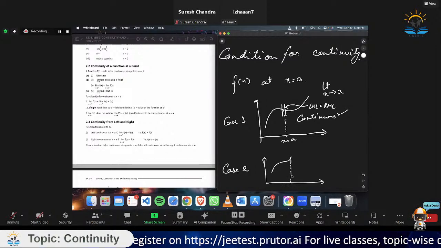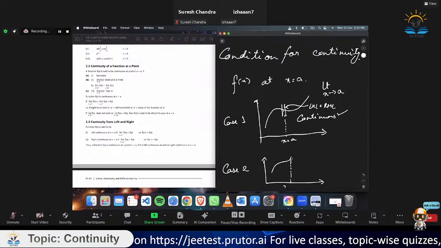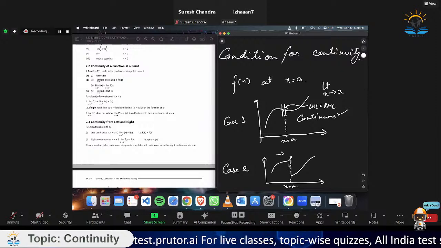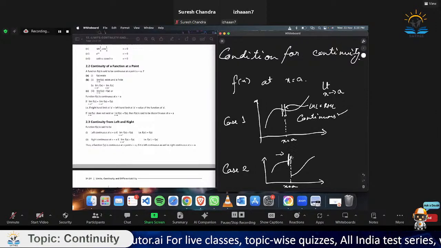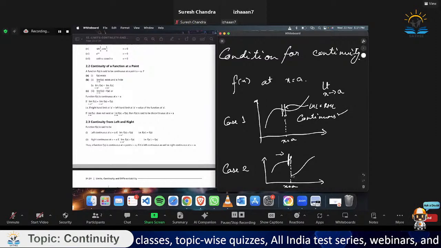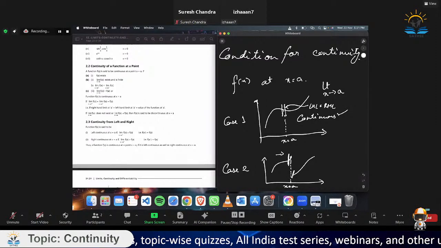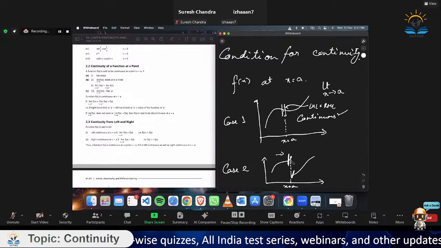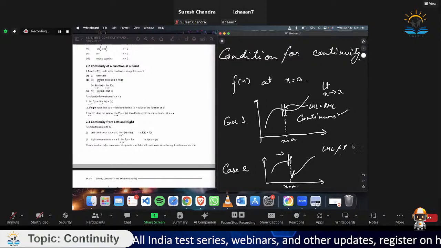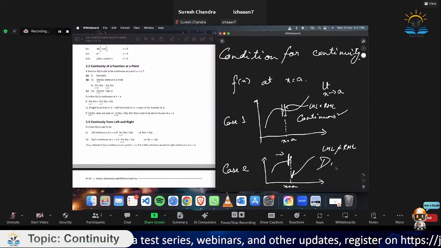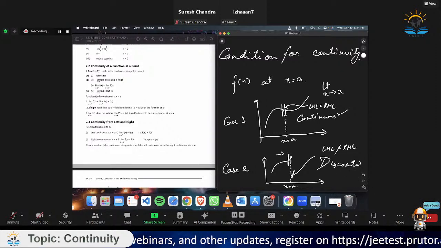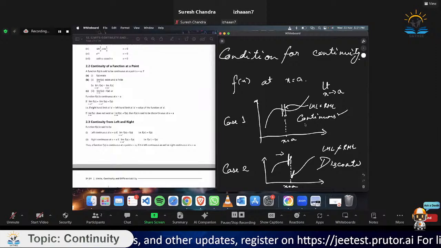This is the x is equals to a line, and this is the graph. Okay. On approaching from the left hand side, you were right here, somewhere right here, very near to this point. And on approaching from the right hand side, you are right here, very near to this point, but somewhere here. So in this case, LHL is unequal to RHL. So that means it is discontinuous, right? So यहाँ से हम लोग को खुद समझ में आ रहा है कि क्या कंडीशन हो सकती है